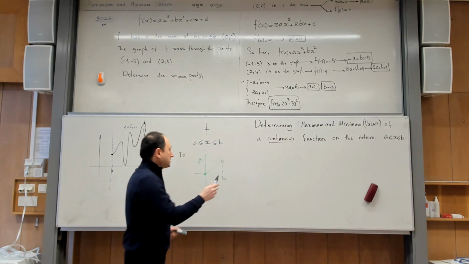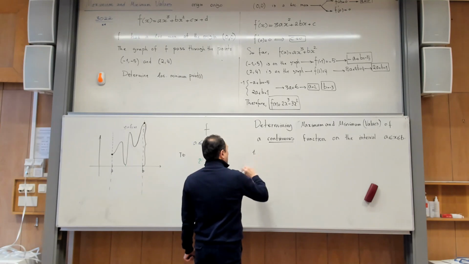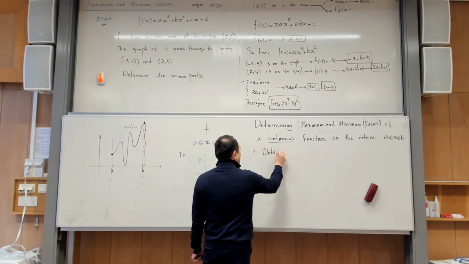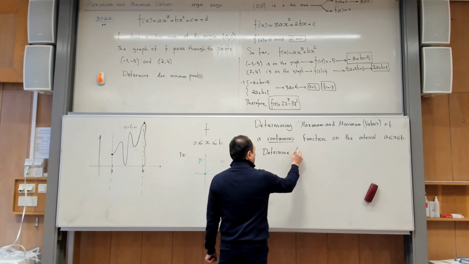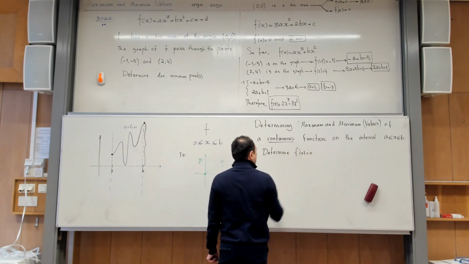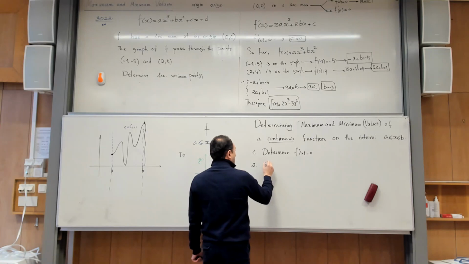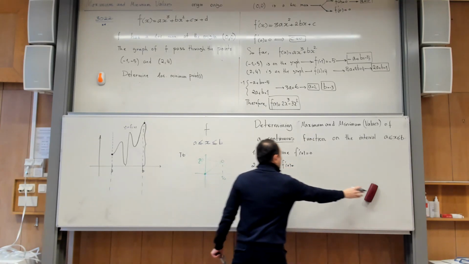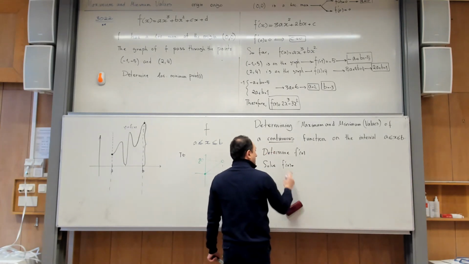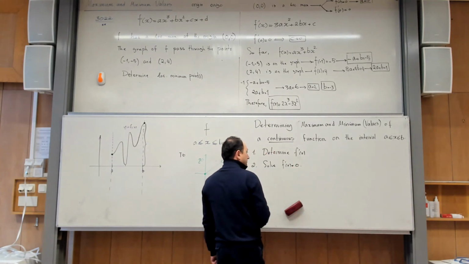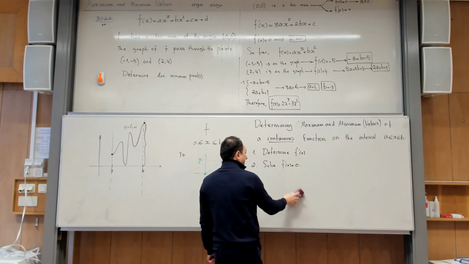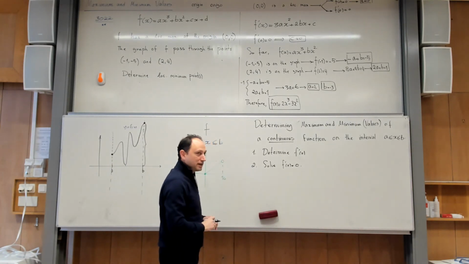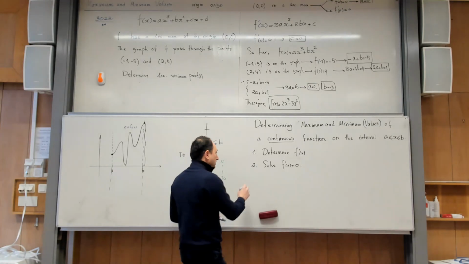Okay, the first step is to determine f prime of x. Second, solve f prime of x equals 0. Be careful, we don't need to do any sign table here. Number 3,